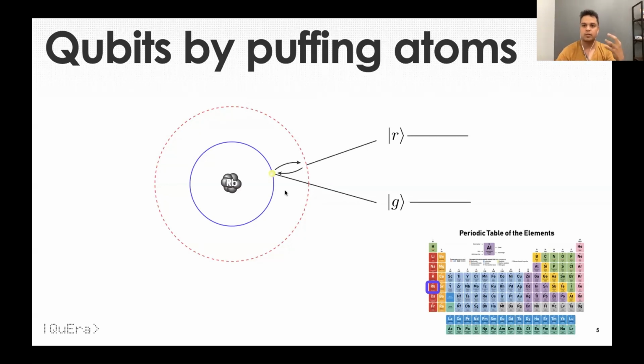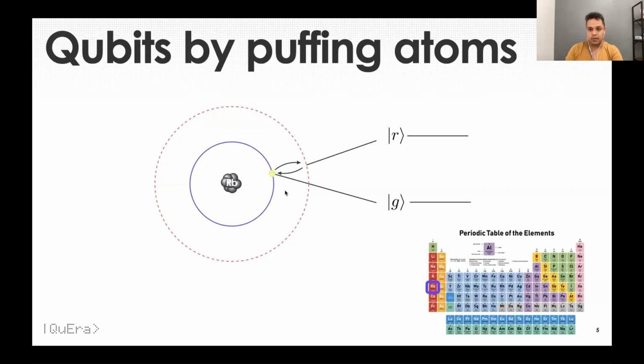Neutral atom quantum computers operate by holding atoms with laser tweezers. It's a tweezer, like the one that you use to pick eyebrows. And these lasers are not straight; they have a waist, and this waist you can use to hold things. People in the biology and biotech community use that to hold cells and organelles. We hold atoms. We hold rubidium atoms. And given that these atoms have 1 electron that is free to move, we can play with that electron to